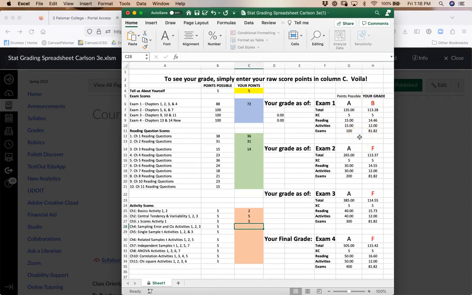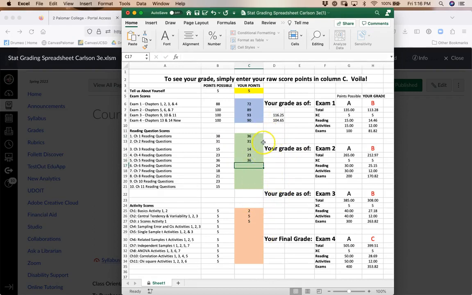The beauty of the spreadsheet is I can then play with different scenarios and say, well, what do I have to do in order to convert that to an A by the end of the class? What if I got good high B scores? What if I got, we'll say, 89 on one exam? And what if I got a 92 or 93 on the other and a 90 on the last one? Now, if I haven't submitted any other work, you can see I'm already passing the class with a C. But I can then enter grades for the rest of it. Anyway, you get the idea. You can just play with different scenarios.